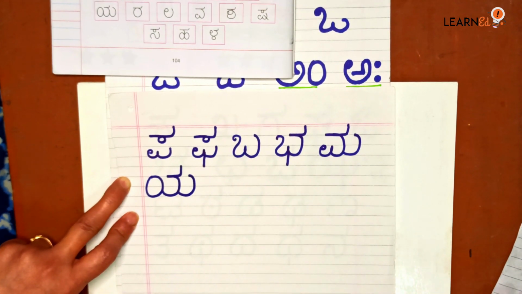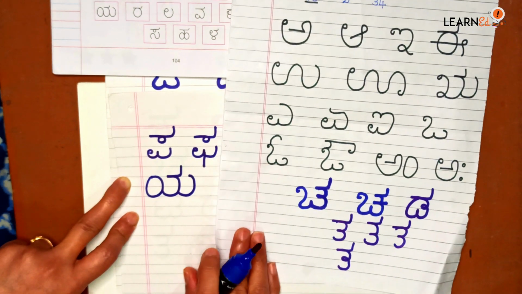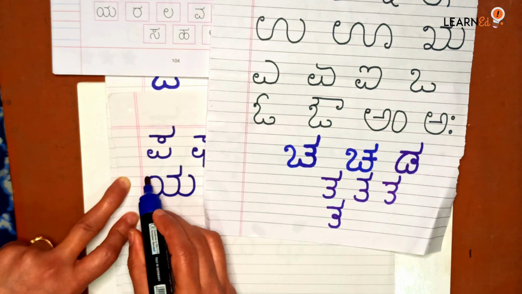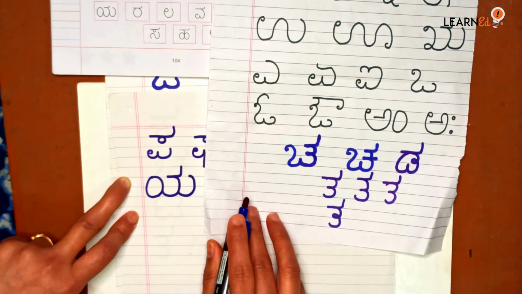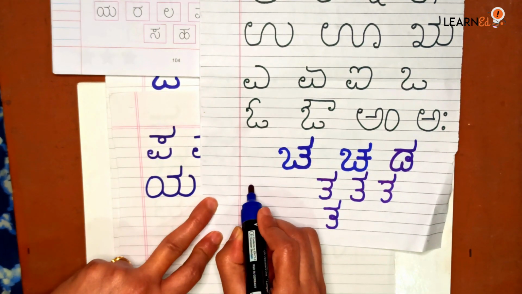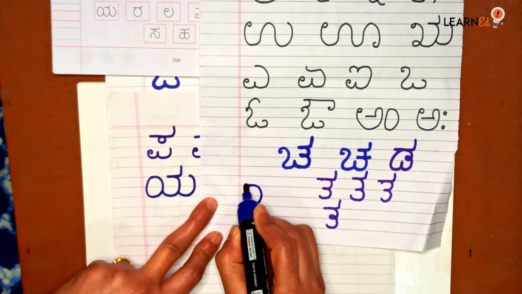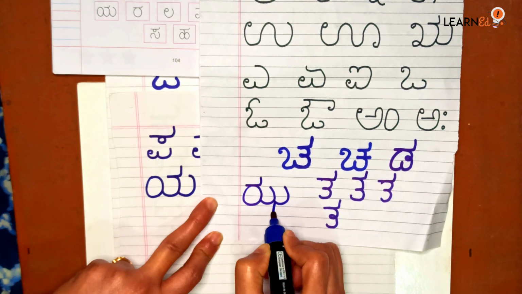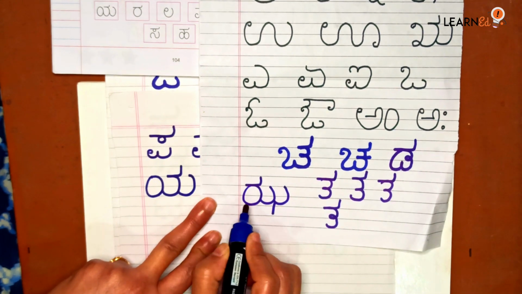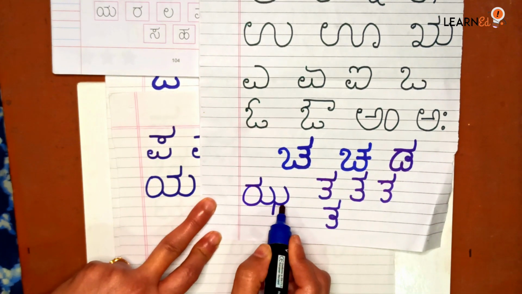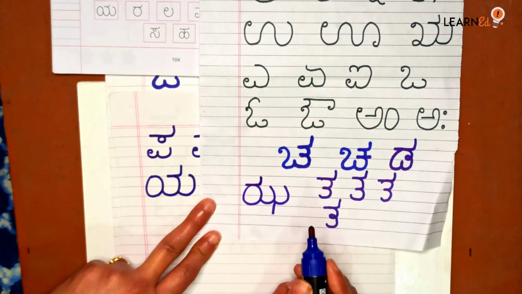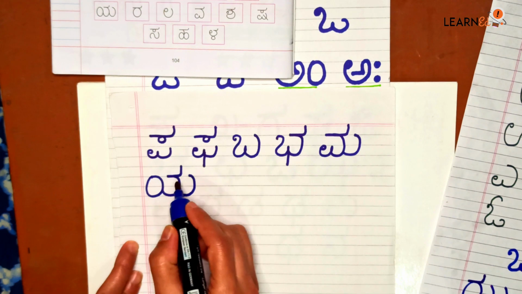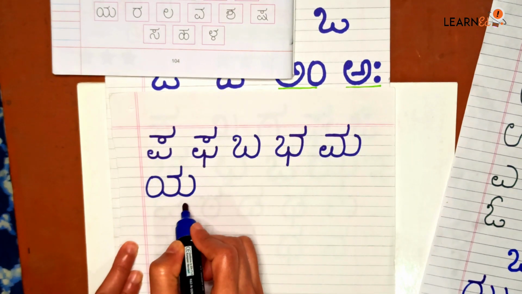Some people get confused with ya and ja. I will show you the difference. Ya has a 0 and doesn't have a top headline, but for ja you first put 0 and a top headline, then put the curves and a line. These both look similar, don't get confused. This is ja, which has a top headline, and ya does not have a top headline for the 0, it has for the curve. Ya.